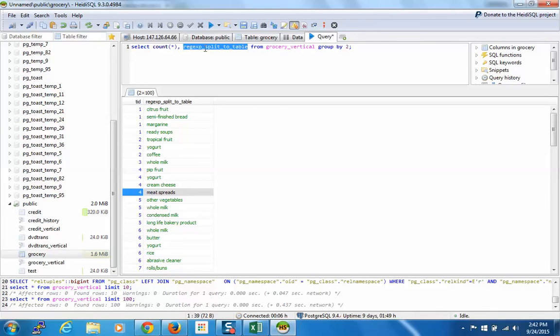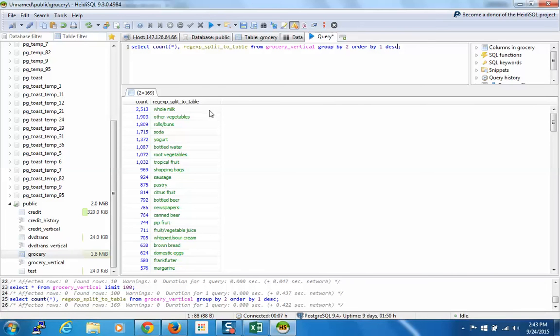So group by 2, and I want to order. So this is 1, this is 2. So group by 2, that means group by regular expression underscore split to table. And then order by 1, which is count star. So count star is 1, regex split to table is 2. So group by 2, order by 1, and I want it to be descending. So once I do that, it will execute, and I see that very rapidly the 2513 is the most frequent item,